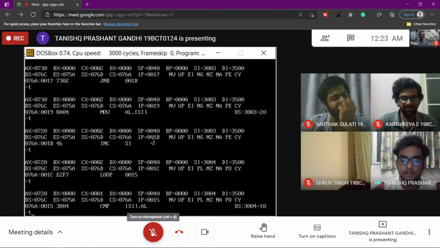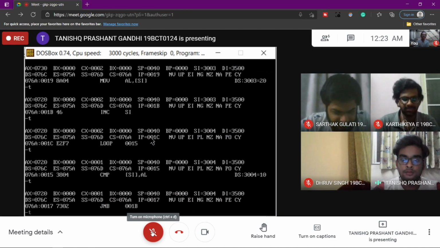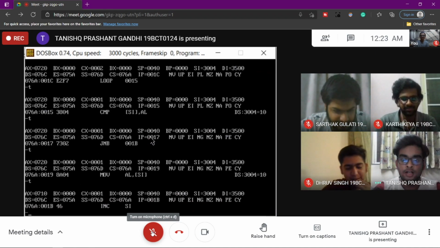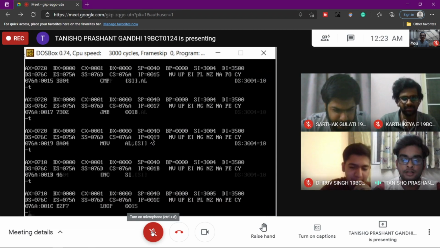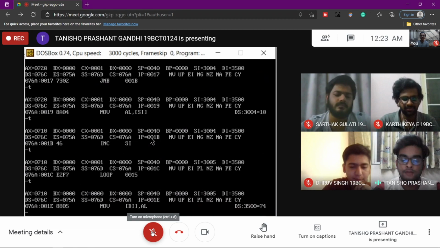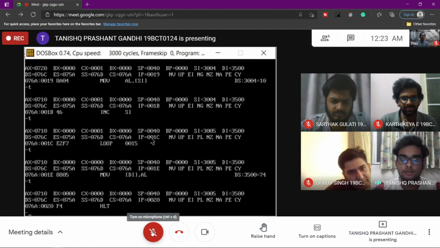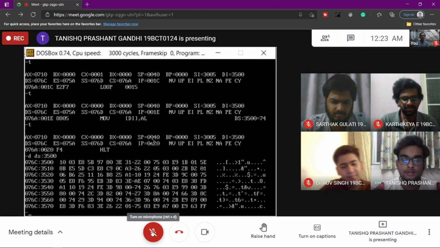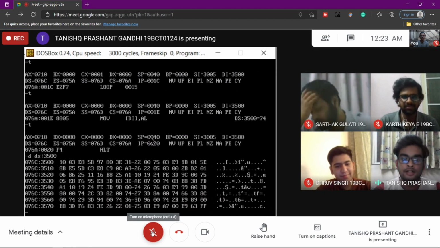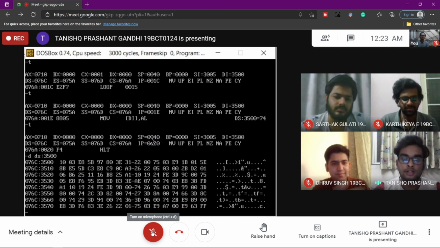Now in this step, CX is 1, and then 10 is compared with 40. So we can observe that now 10 is moved to AL, and now we are incrementing SI, but we are done with all the integers. CX is also 0, which is done by the loop decrementing the CX value. So now AL contains the smallest number, which is passed to the destination index. We can have a look by checking it. As we can observe, 10 is passed to our destination index, which is the smallest number. So our code has run successfully.